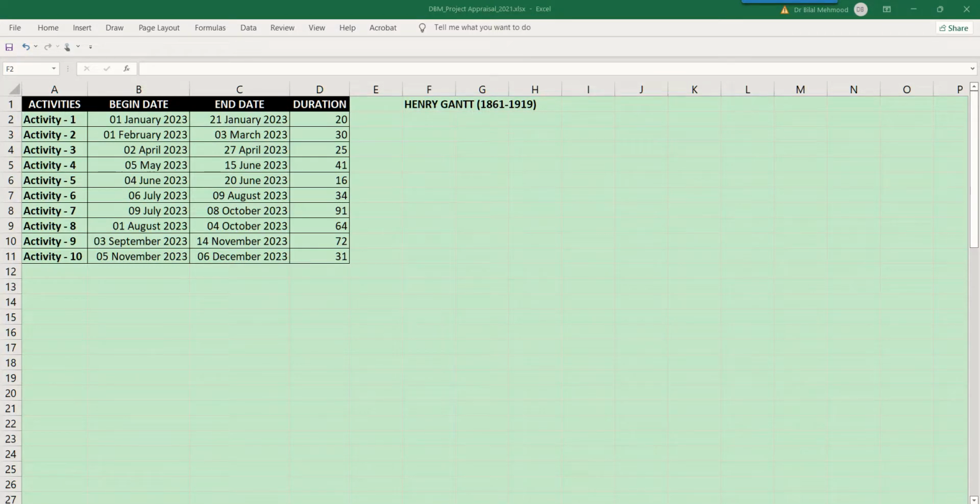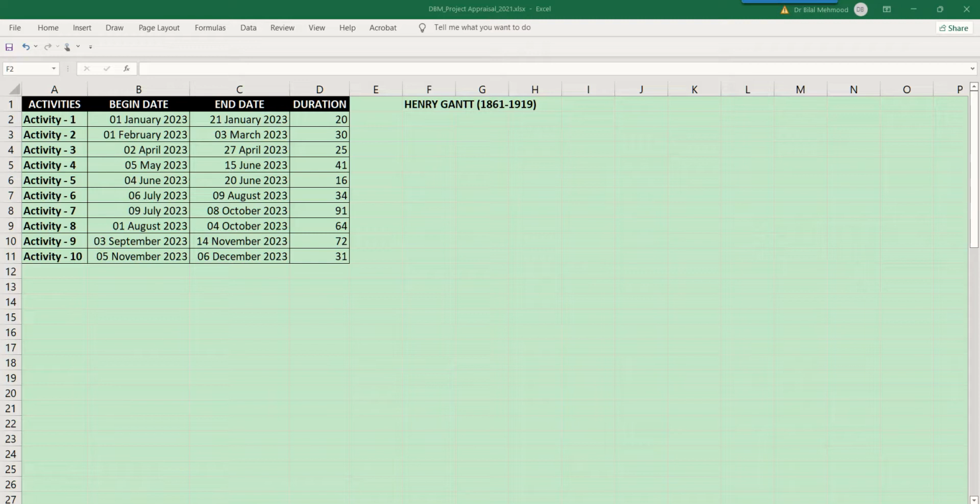For monitoring a project, Henry Gantt, who lived from 1861 till 1919, gave an idea that was basically a graph, and that came to be known as the Gantt Chart. He gave this idea to monitor the progress of a certain project, because a project can be divided into a certain set of activities that are undertaken in a systematic way. So this is something we can do on a graph, and that will be known as Gantt chart after the